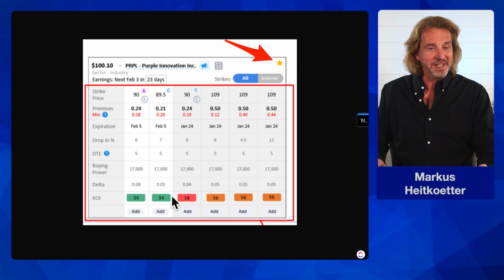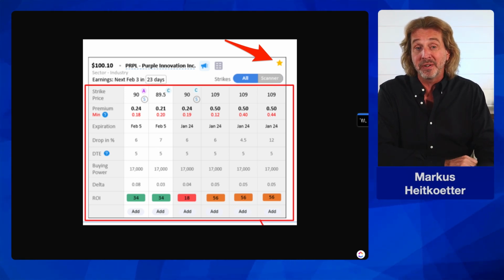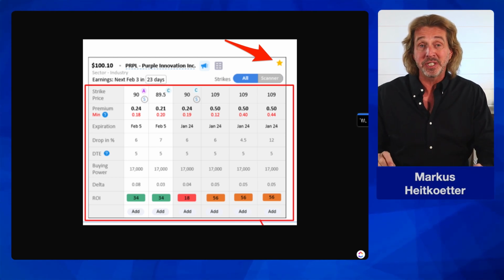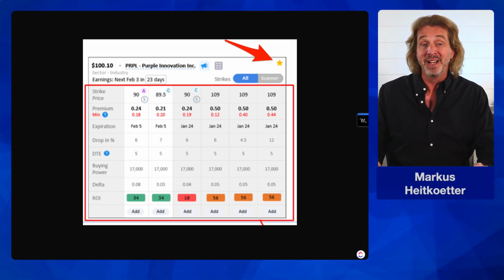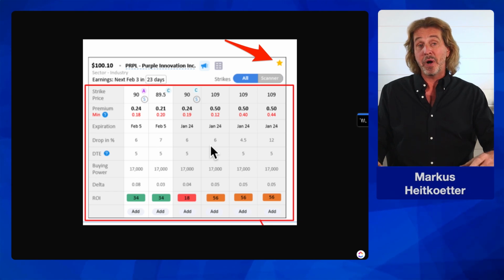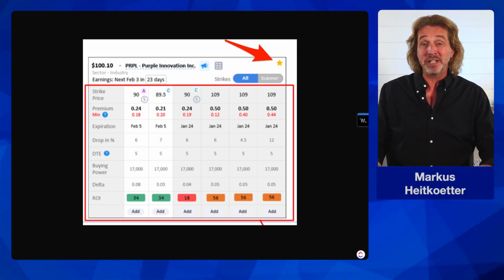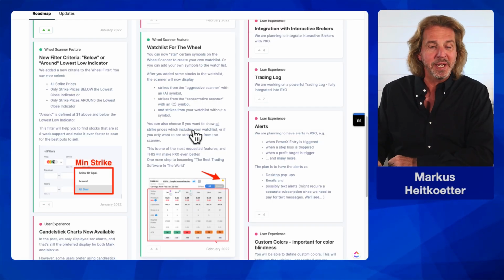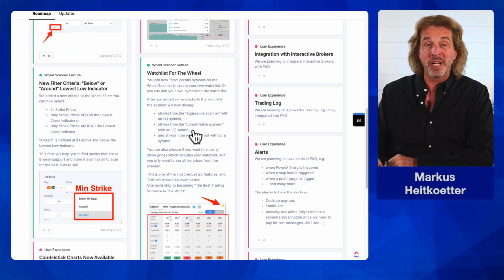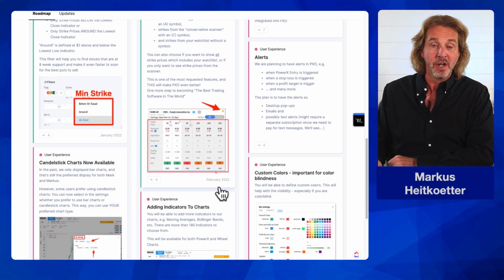Here, where's my friend, Geldkapitän? Geldkapitän, are you here today? I know that you have your own scanner that you use for your criteria. Well, then you can just enter the stocks that come up according to your criteria, and then you will see for those stocks all the information here in PowerX Optimizer. That will be pretty cool, and many of you have asked for this. So this will be probably in the next release, not in this one that's coming up. So the one that's coming up is 2.7, so probably 2.71, but definitely planned, as you can see here, for